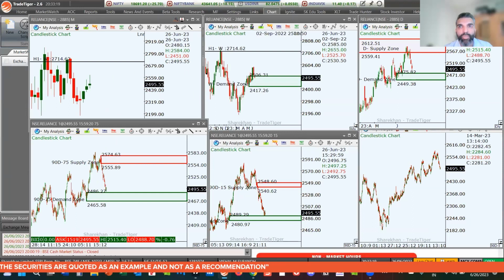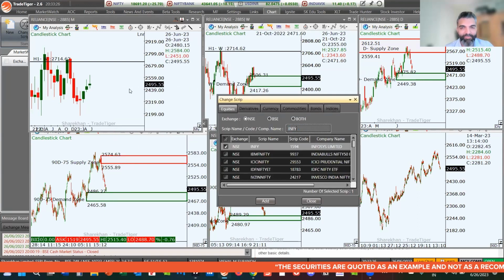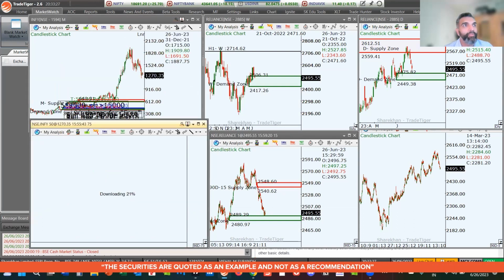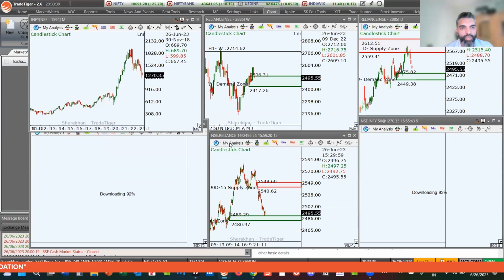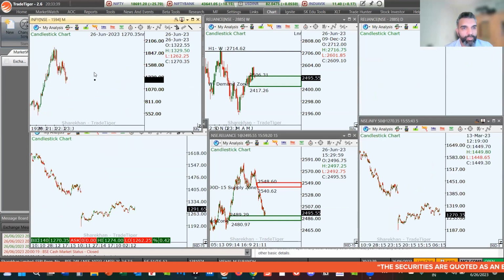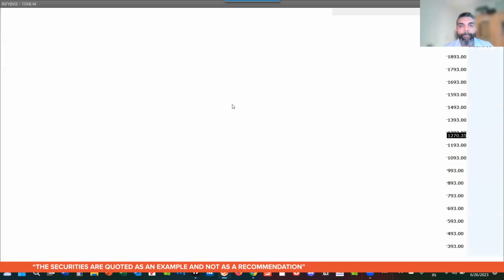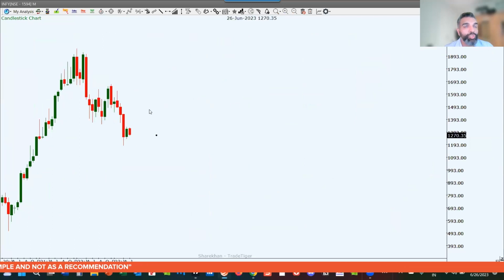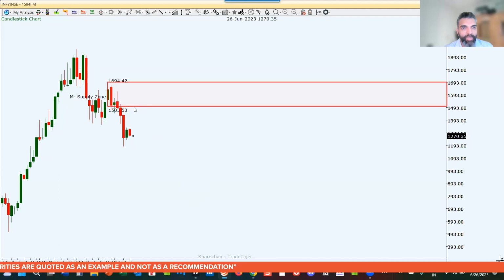The next stock on the radar is Infosys. Let's have a look at Infosys and see what are some of the key levels. Let's start with the monthly chart on Infosys. What do we see? On Infosys, we have a level of supply, and pretty much that level is stacked here. Let's mark this level here. So this is that level of supply, 1503 to